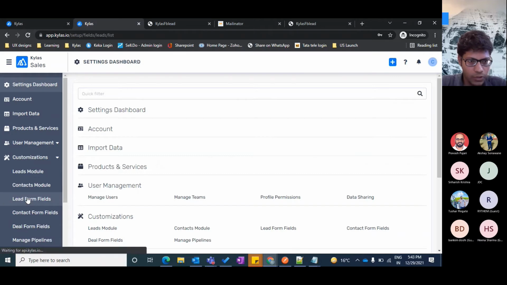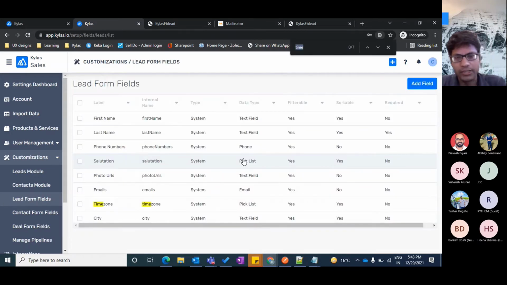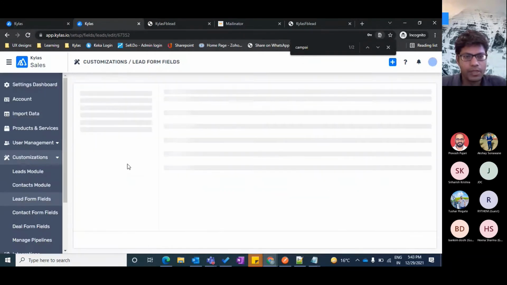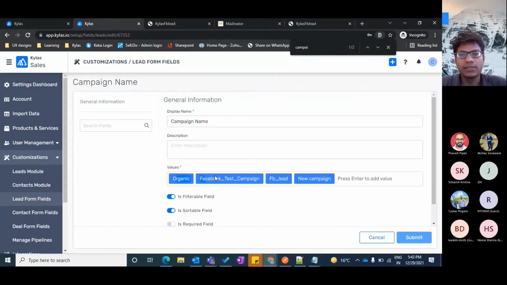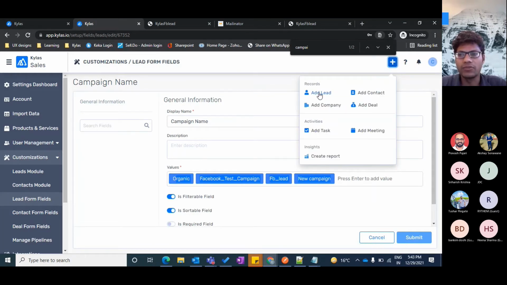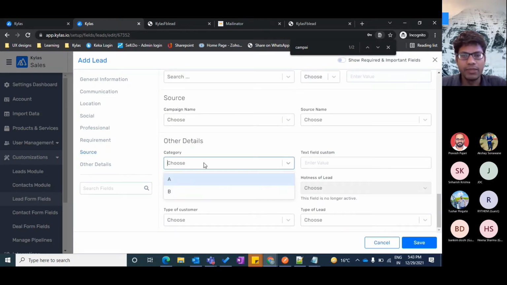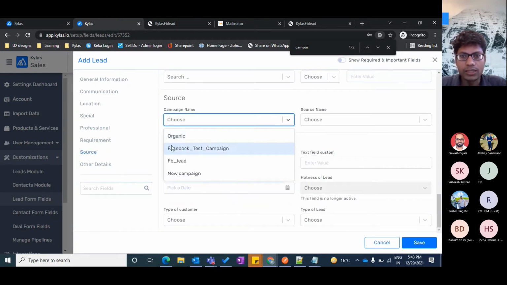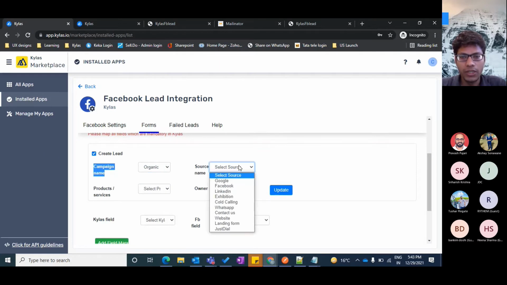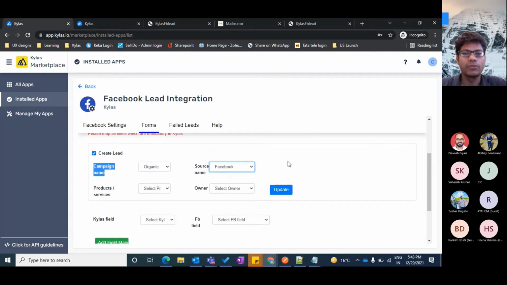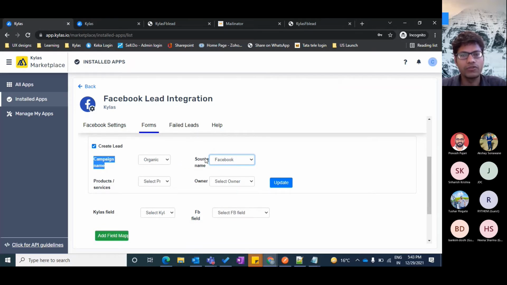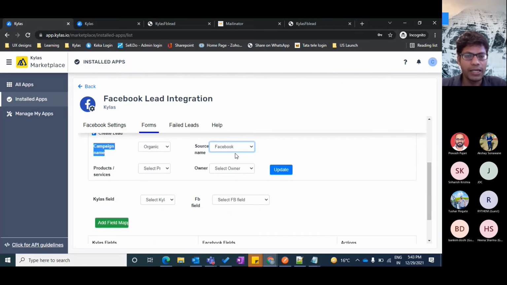So the list of campaigns is coming from your form fields. For example, if I go to lead form fields and I search for campaign, this is the list of campaigns that is shown on the add lead form as well, on typical manual lead creation. The same list is coming in the Facebook app also. If there is any campaign that I would like to map along with the lead, I can choose that particular campaign over here. Similarly, source: if I want to mark the leads that are coming from this particular campaign, I want to mark all of them as source of Facebook, I can choose that.